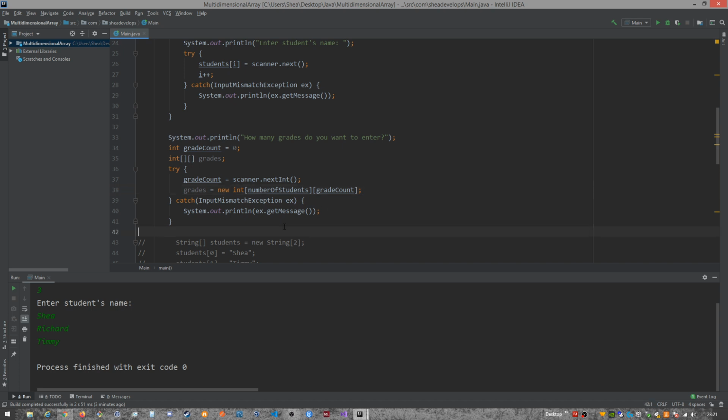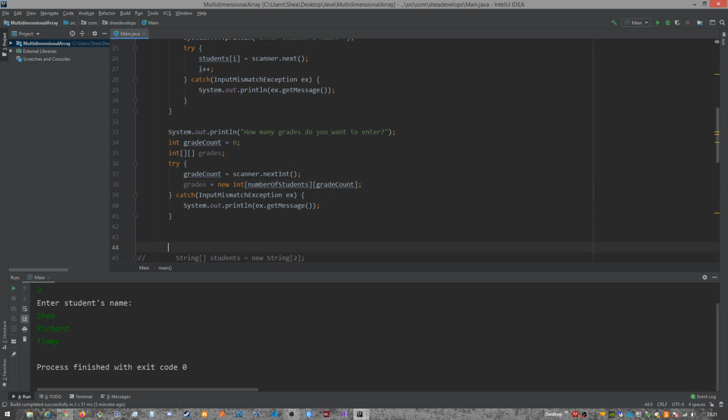Everything should be working out, and we can use grades outside of our try catch block because we first initialized it here and then declared the values of it here. So now we need to actually get the grades. For that, we're going to use a for loop. So let's do for, a little shorthand there. How many times do we want to run through this first for loop? Well, we want to run through it for as many students as we have. So we could do number of students, or we could also do students.length,